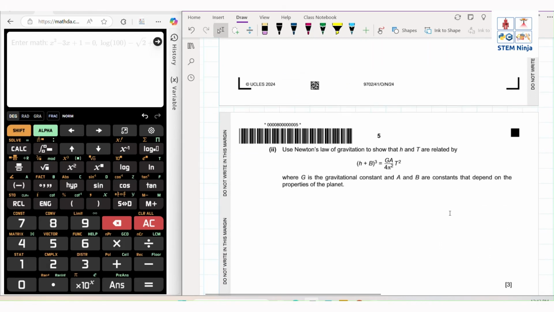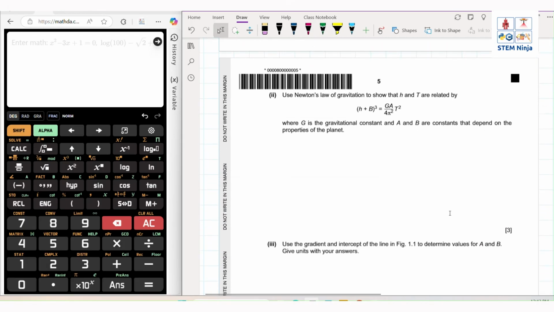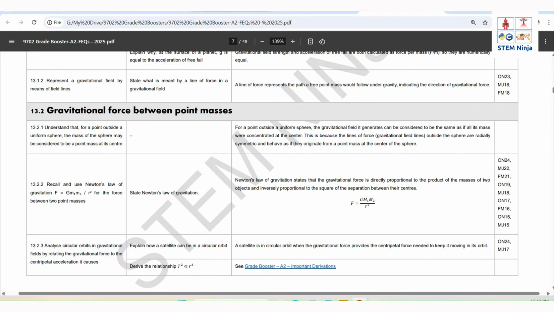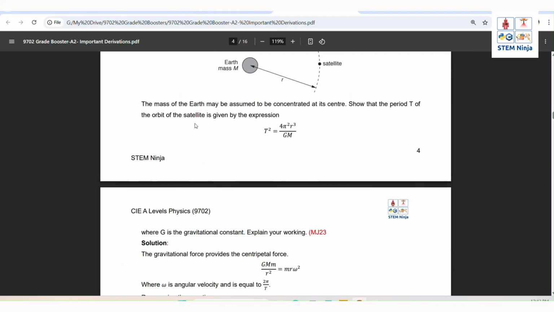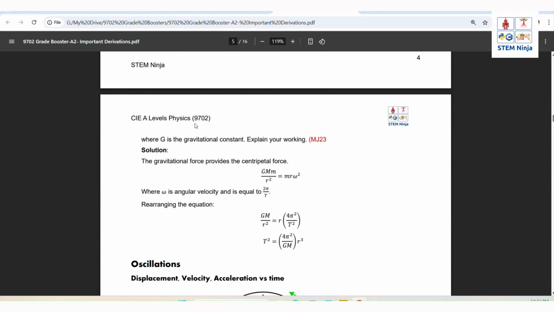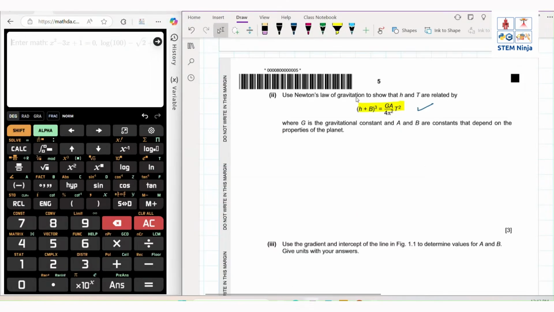All right. Use Newton's law of gravitation to show that h and T are related by this. This form is very similar to Kepler's law. We have this definition and derivation, and the key thing is that the gravitational force is equal to the centripetal force, which we have already written in the previous part. So that's already a given. We can start out